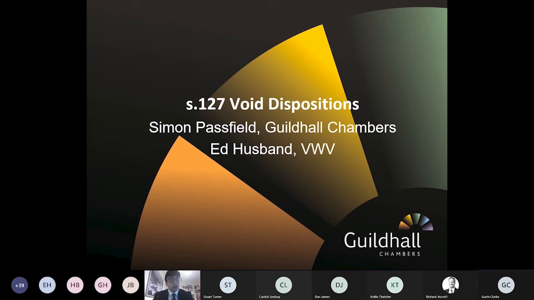There will be a lot of crossover between what we discuss today and the application of section 284 of the Insolvency Act in the context of bankruptcy, but there are some subtle differences, and so it shouldn't be taken as read that everything that's said today can apply carte blanche to bankruptcy.